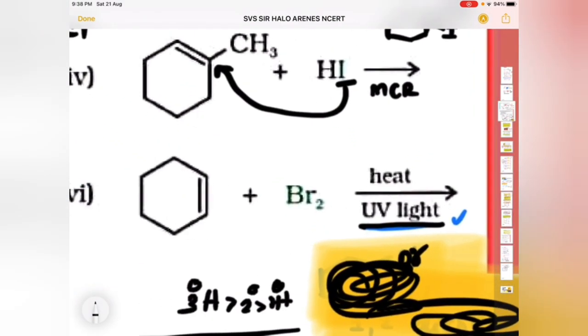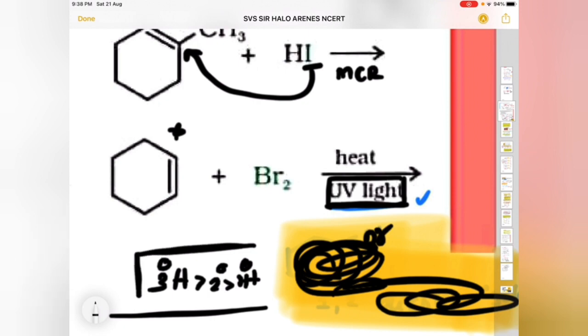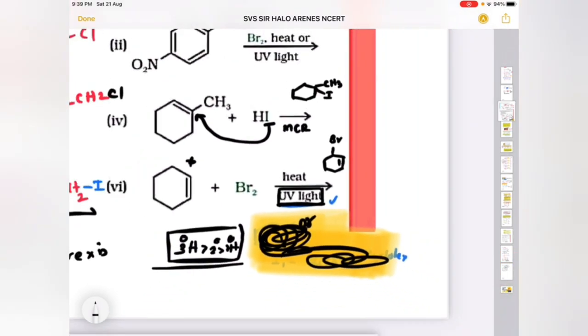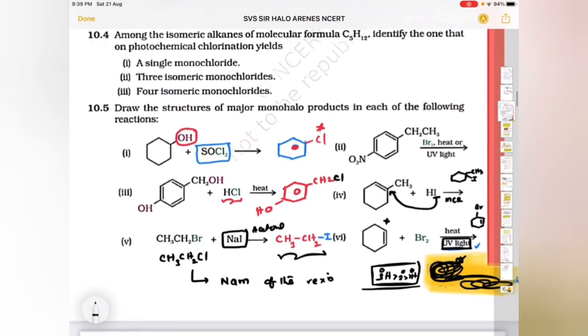So next one is very, very important. Cyclohexane reaction with bromine, the condition is sunlight is given, you see. So it is undergoing, generally sunlight means free radical reaction. Tertiary hydrogen is more reactive than secondary and primary. So here the major product will be, substitution takes place. So here bromine will be added. We are getting 3-bromocyclohexene. So this is from NCERT.